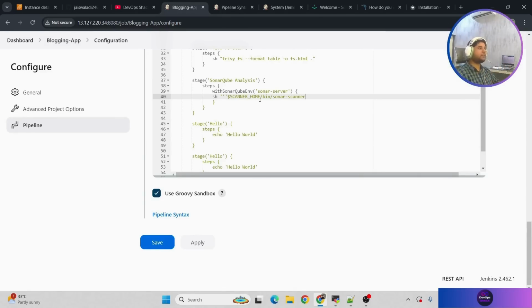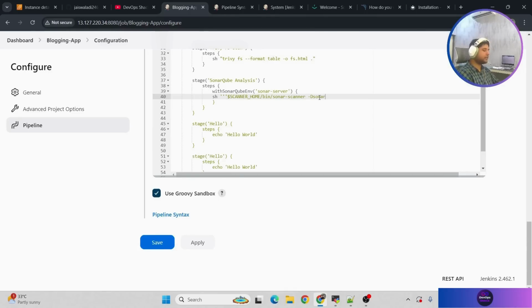Basically, first of all, I'm calling the tool, and the executable file of a tool exists inside the bin folder. So that's what I'm referring to here, so that this is basically calling the tool or starting the tool. Okay. After that, we need to add some parameters, which is going to be